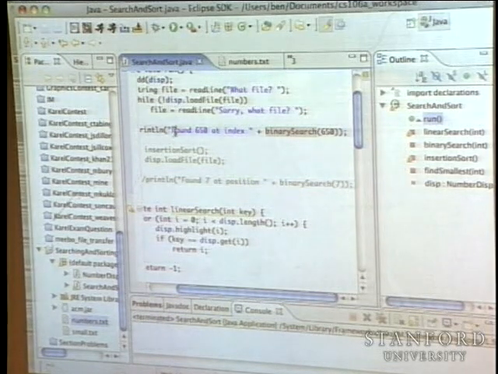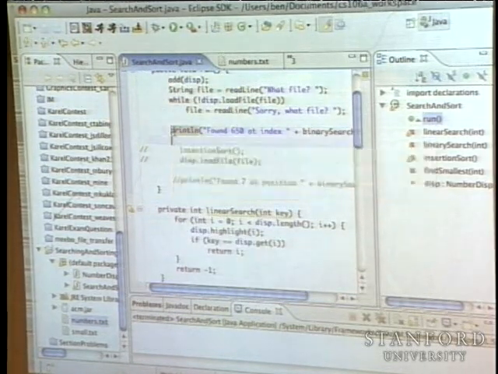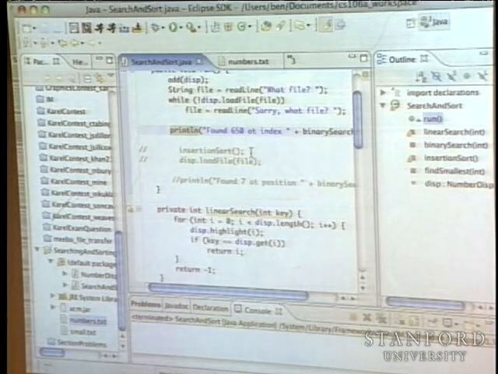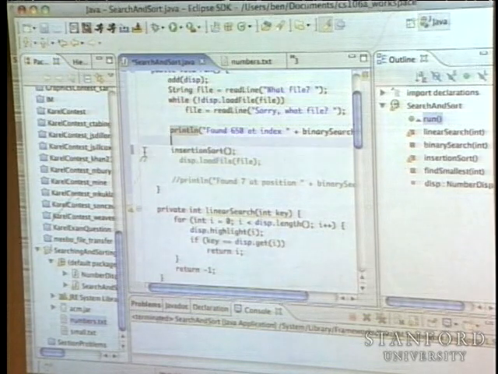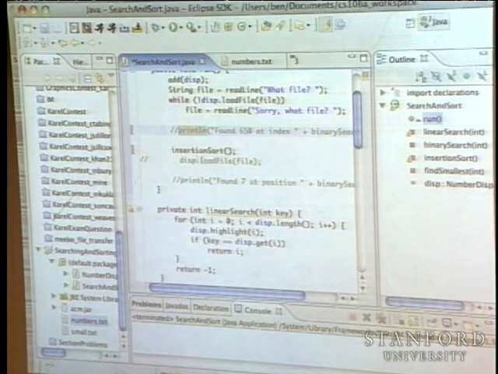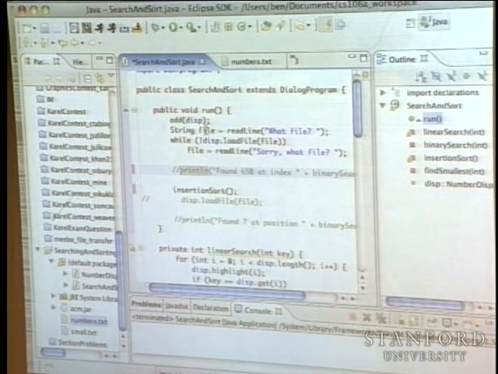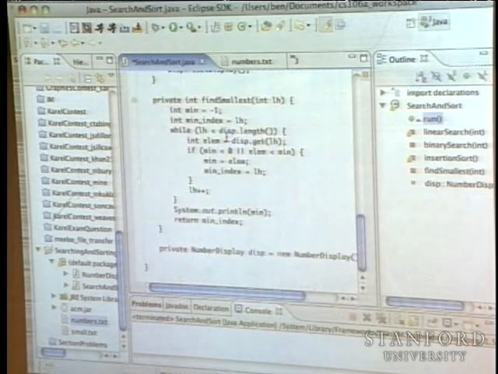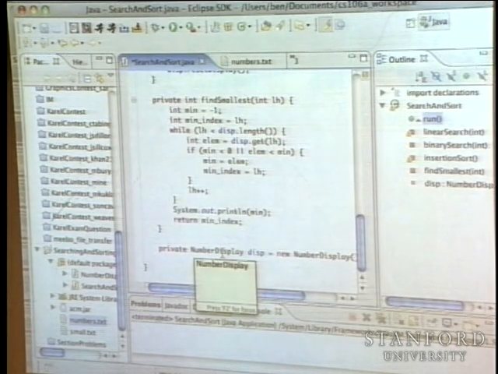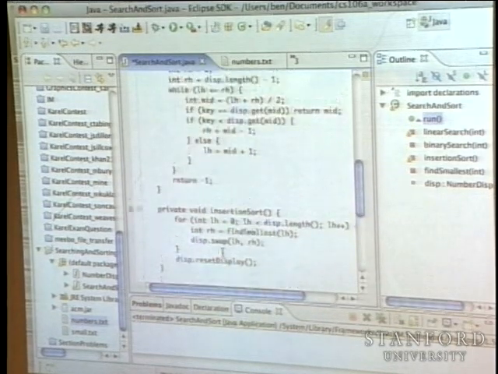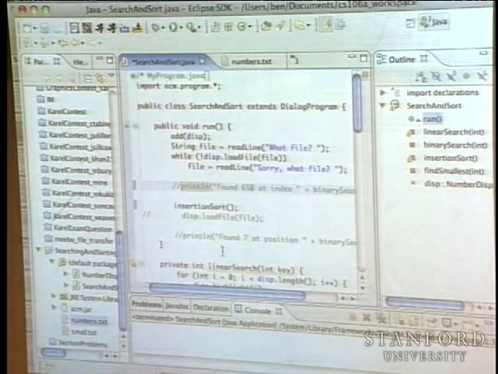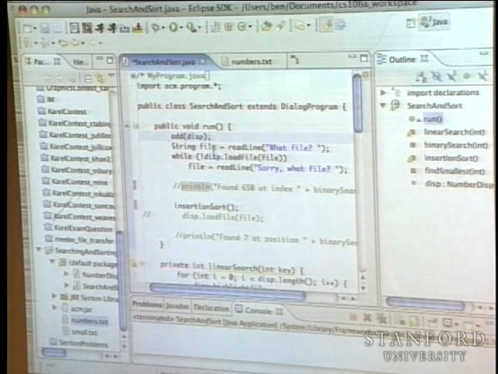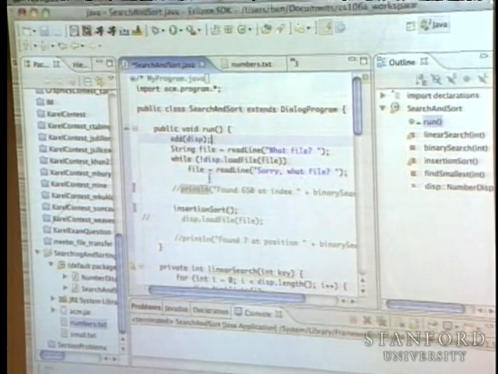Okay, so I'm going to use a much smaller file because, as I've already suggested, sorting takes more time than even linear search. All right. So just to give you some bearings as to what's going on in this program, I have this number display, which is just a GCanvas that has these operations that let us highlight numbers and swap them around. And I'm creating one of those down here as an instance variable and adding it in run and then initializing it with the contents of the file that's typed in, right?